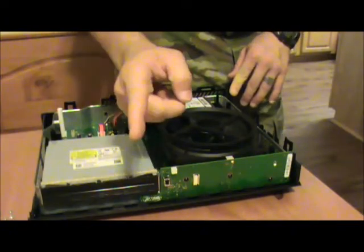Alright, now I'm going to power the camera off, and I'm going to close up the system. You already saw me close a system in the previous video, how to perform a 12-volt fan mod on the Xbox One, and so I'm just going to go ahead and do this off camera and save everybody time. Here we go. You know, when you're putting your Xbox One back together, make sure that you plug all the right wires back into the right places, because